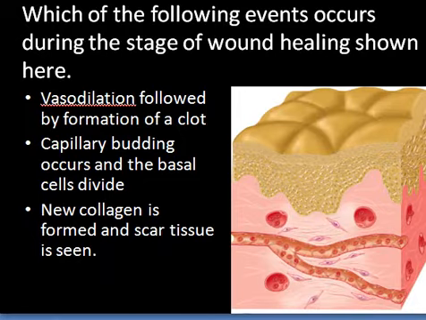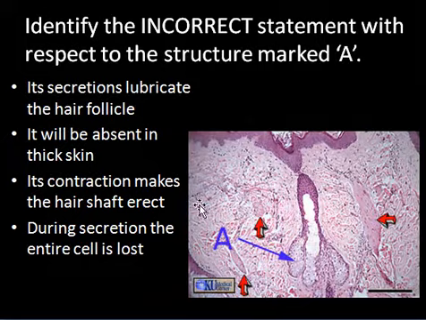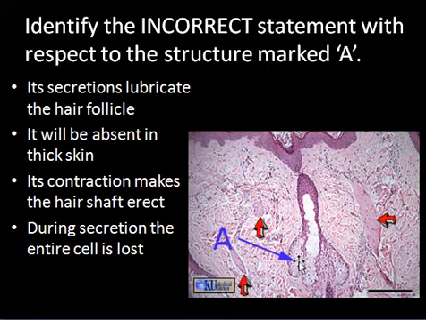So let's look at the first one, where it asks you to identify the incorrect statement with respect to the structure marked A. So here what I'm basically trying to show you also is, first, you need to be able to identify the structure, and secondly you need to know its function. So therefore if you know both, then you will be able to come to the right choice. So first, let's identify this structure here. This is a